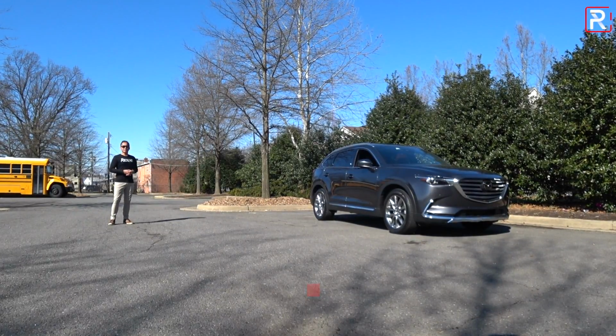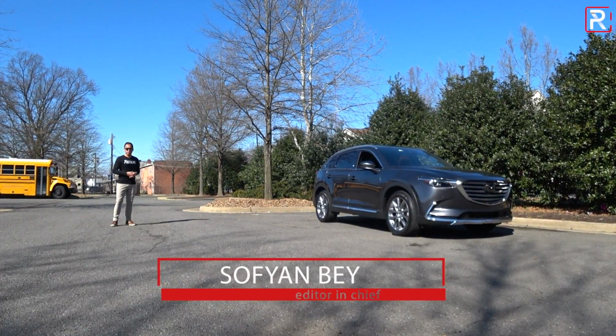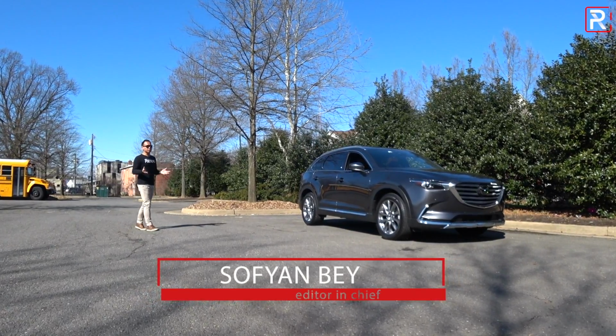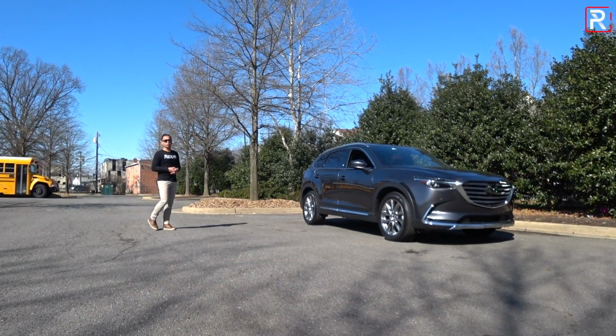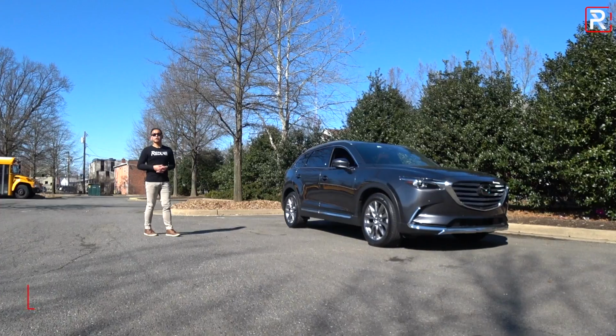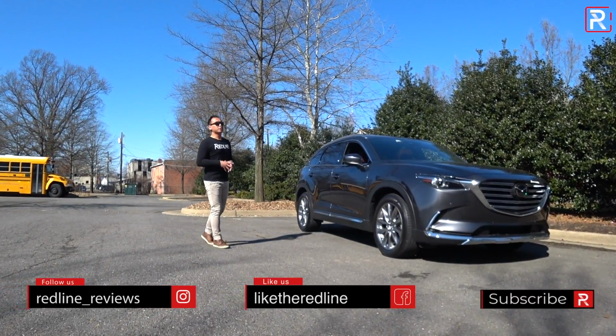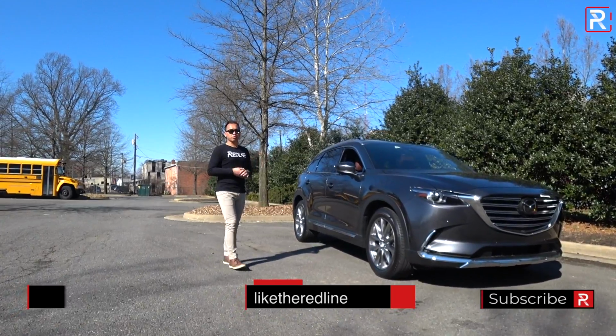When the original Mazda CX-9 made its debut over 10 years ago, it was designed to be a replacement for the old MPV minivan. Now, if you guys remember the first generation, it was based loosely off the Ford Edge. It even had a Ford V6 engine under the hood. Now, when Mazda finally redesigned the CX-9 in 2016, it was an all Mazda product with an all-new turbocharged engine